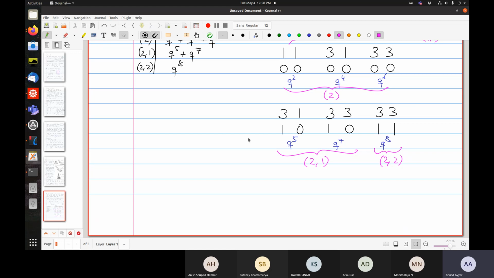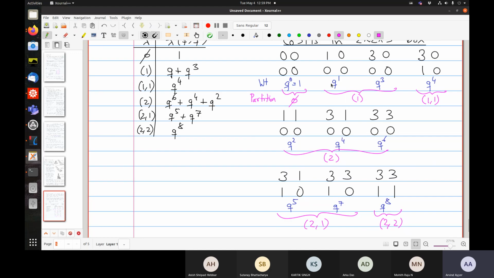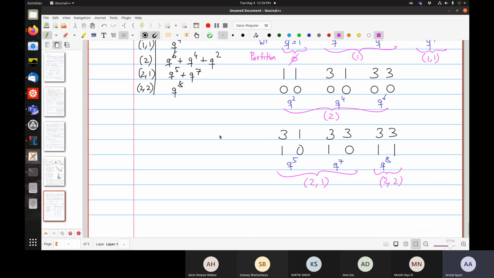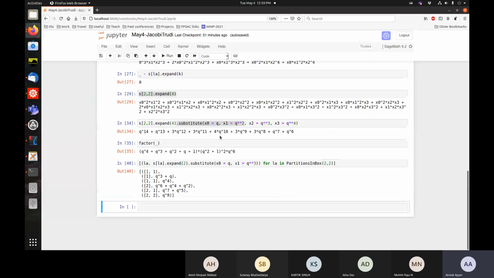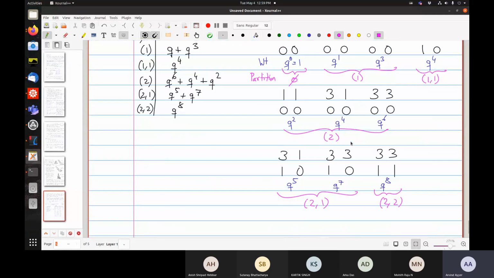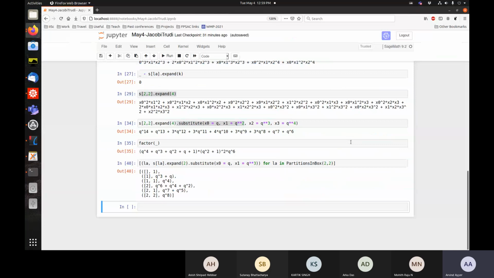And you can write the corresponding semi-standard tableau by just replacing 3 by 2 and 1 by 1. So all of these are the semi-standard tableau sitting inside the 2 by 2 box with height at most 2. Okay, so this is the first part of the proof. This illustrates the lemma rather.